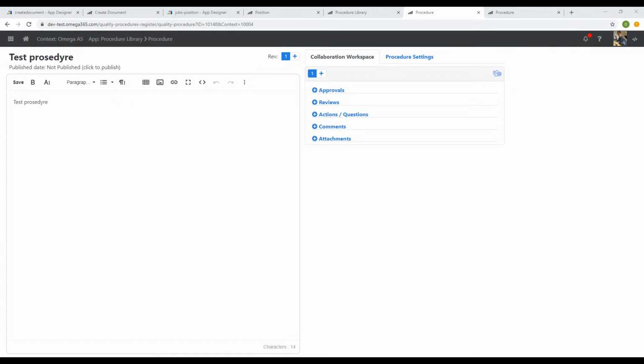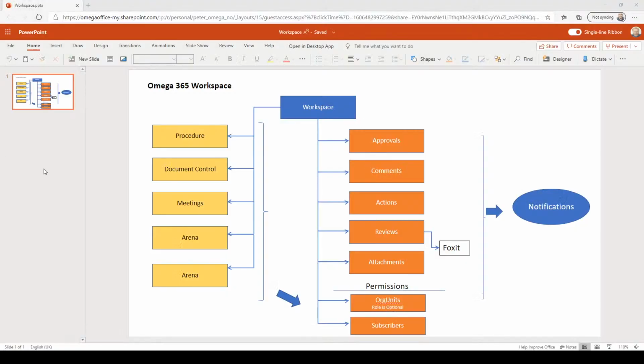First of all, about Workspace, Collaboration Workspace. This is a new component or module that we have implemented in Omega 365. It contains collaboration functionality. So all of you know about the workflow engine now, but this is something separate. The workflow itself is a big thing, but this workspace is something that you hook on to an